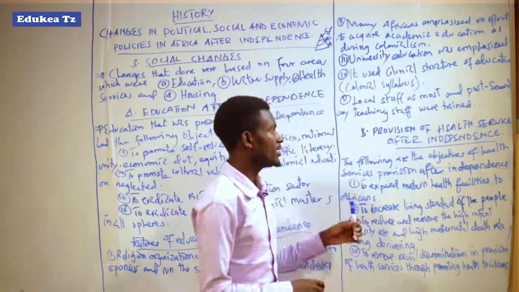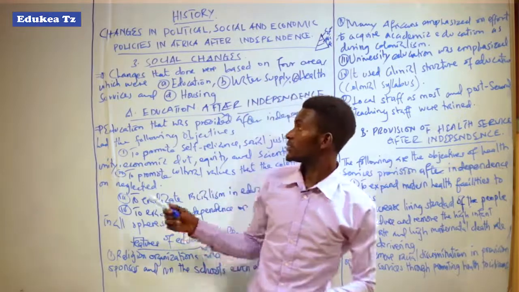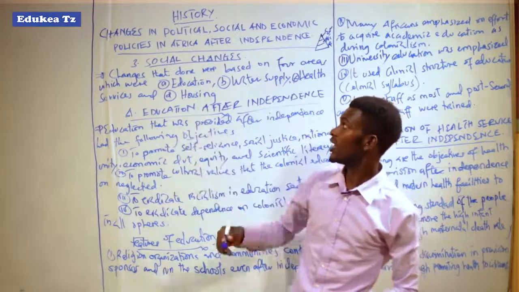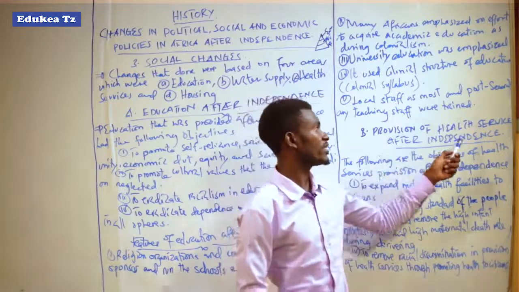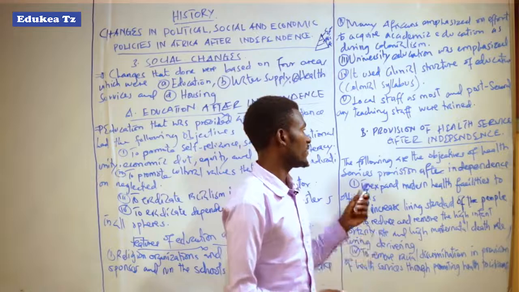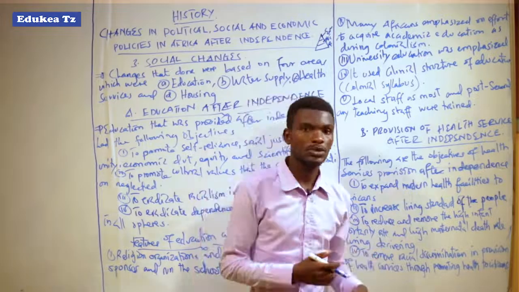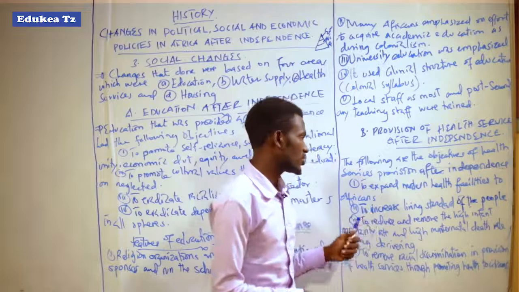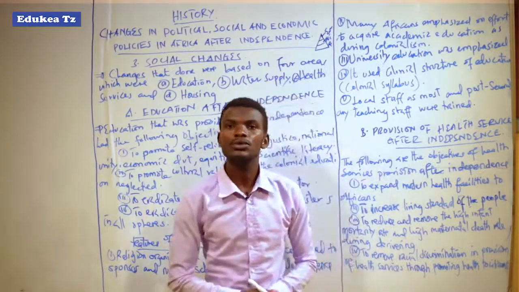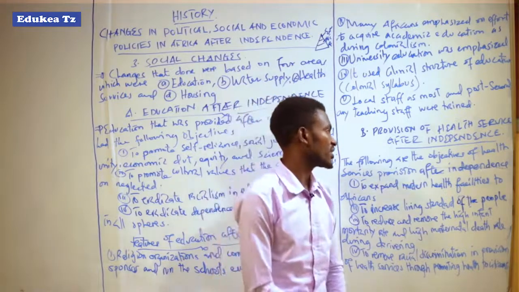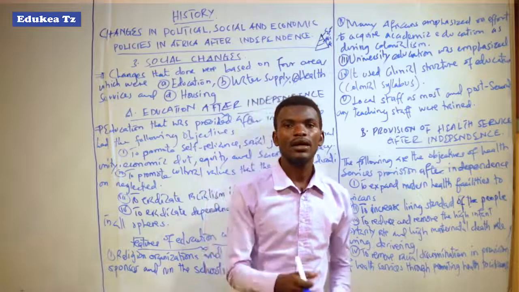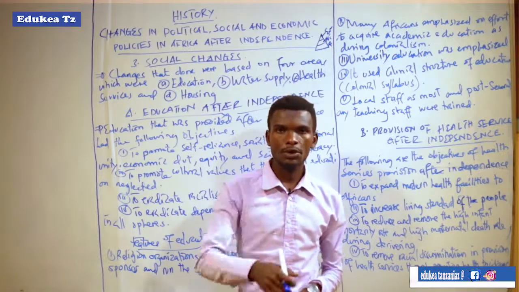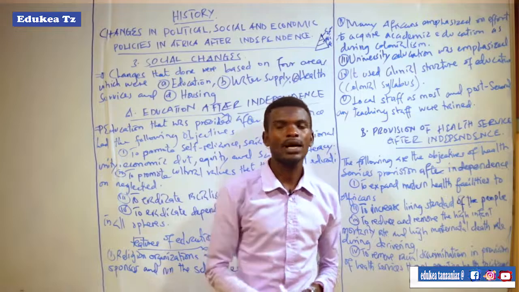So after looking at the features, let us jump to the second area, on the changes made in social affairs, which was the provision of health services after independence. We are going to see the following objectives. The first one was to expand modern health facilities to Africans. It means that the health services provided after independence in African states were to expand modern health facilities in order to ensure sufficient and modern provision of health services to most Africans, as